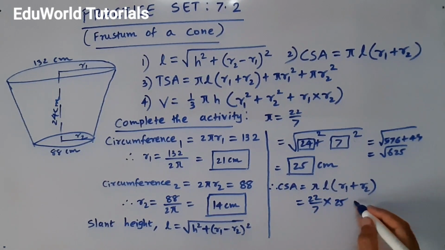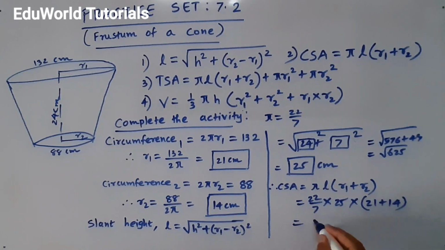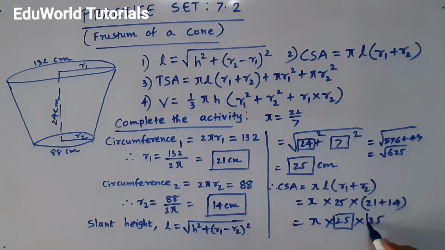Okay, and finally inside the bracket we have to add the two radii. Two radii are 21 and 14, sum of the two radii. So they have not given the boxes for this. 22 upon 7 into 25 into 21 plus 14 is 35. They have not given 22 by 7. They have kept pi only. So let us not put any value for pi. We keep it as pi. So these two boxes they have given. Okay, so 25 into 35, and if you multiply them, our final answer will be